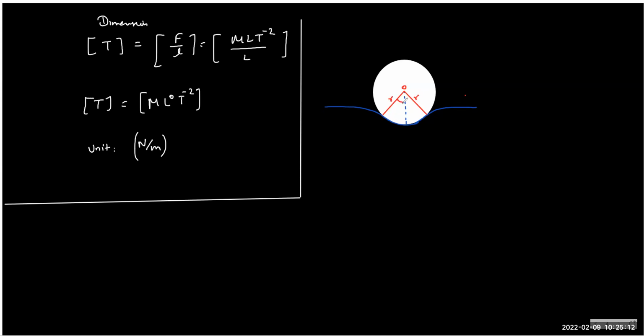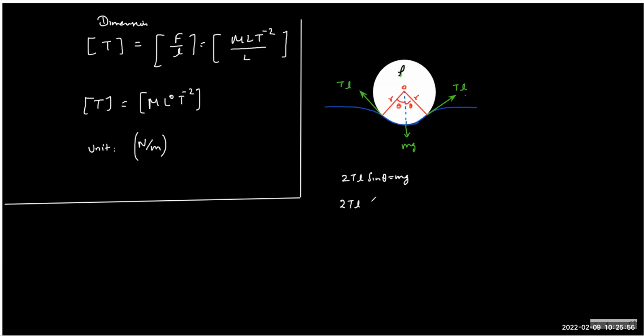So let's say r is the radius, let's say this is theta, and now we have seen that the surface tension force is the surface tension multiplied with the length up to which it is acting. So that you need to think of where it is acting. And so if I say the density of this material is rho, which is, let's say, iron, we are using an iron needle. So you have written that 2TL sin theta equals mg,